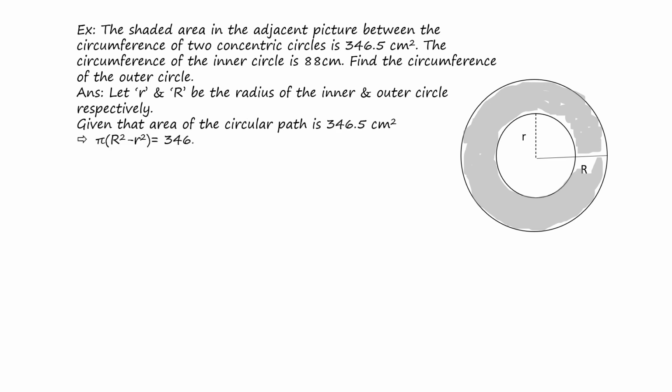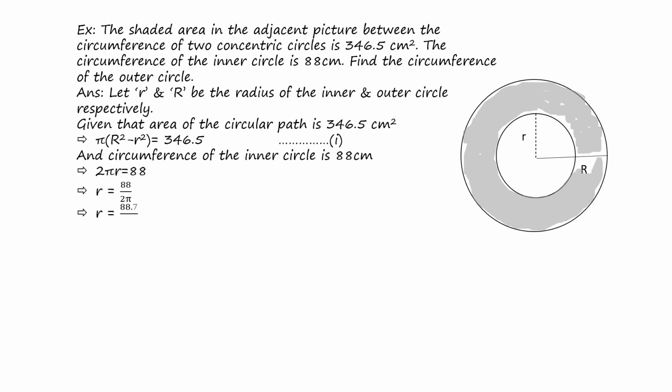346.5 centimeter square, that means pi into (capital R square minus small r square) equals 346.5. Let this be the first equation. And the circumference of the inner circle is 88 centimeter. That means 2 pi r equals 88, or r equals 88 by 2 pi, which is 88 into 7 by 2 into 22, which is 14 centimeter. Now putting the value of small r in equation 1, we get